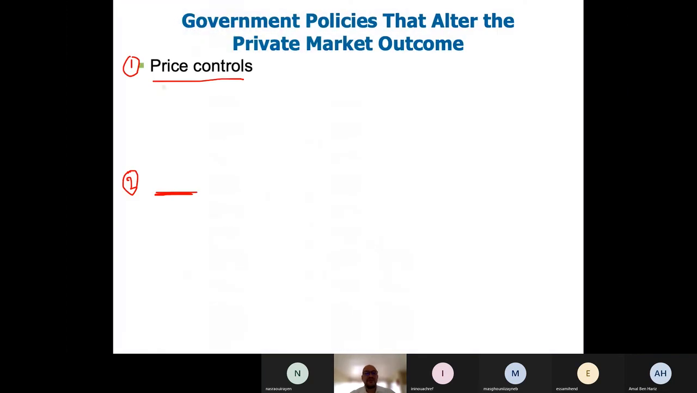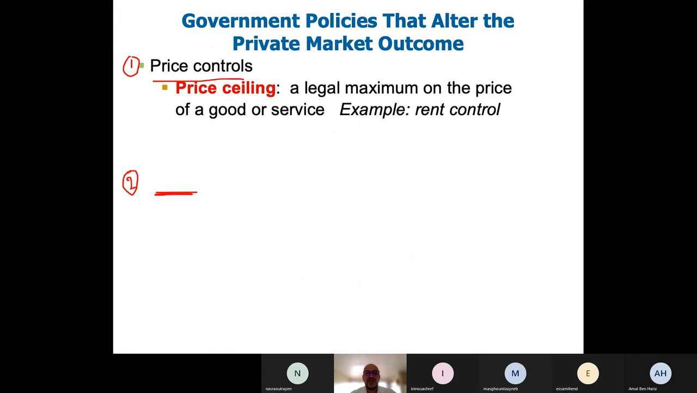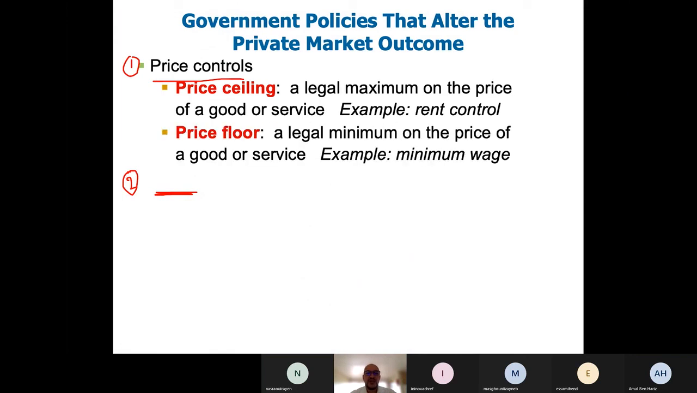So we start with defining price controls. By price control we mean price ceiling and price floor. A price ceiling is a legal maximum on the price of a good or a service. It is a legal maximum price that the government imposes on certain goods. It tells sellers, this is the maximum price you should apply. If you apply a price larger than this maximum, you are like doing a crime